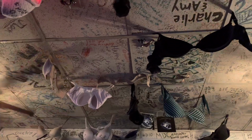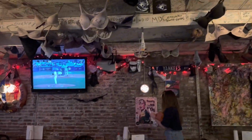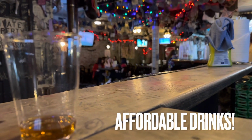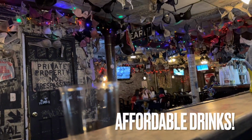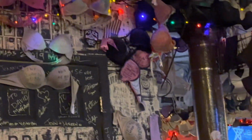A lot of those bras were removed by the customers of Jeremy's Ale House, and they're signed by the women who dished them out and stapled them to the walls as their way of kind of inscribing their signatures and leaving their stamp on the place. Quite a peculiar place, Jeremy's Ale House, right down the block from the